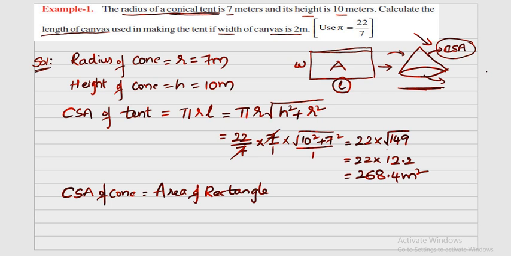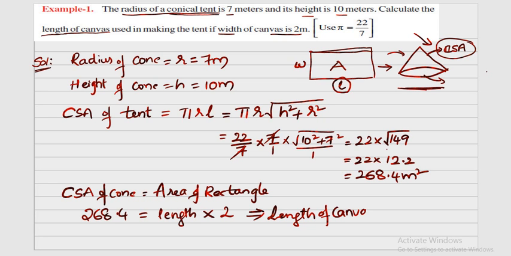So already the CSA of the cone we have found, right? So substitute the values. 268.4 is equal to the area of the rectangle formula, length into width. So length into breadth. Breadth we can also call width. Already the width is given as 2 meters. So from this clearly what I can say, length of canvas is equal to